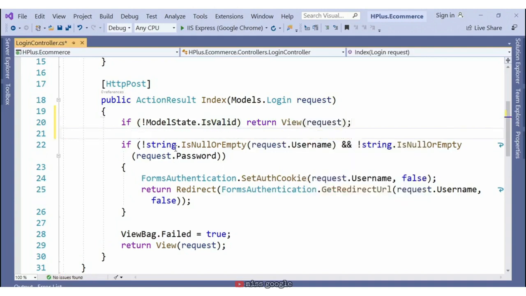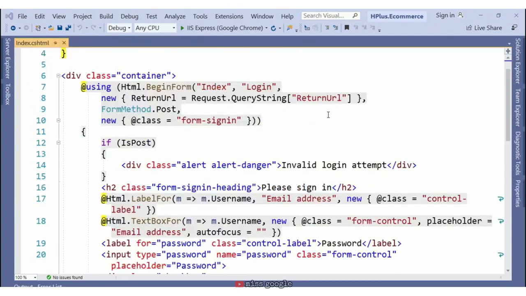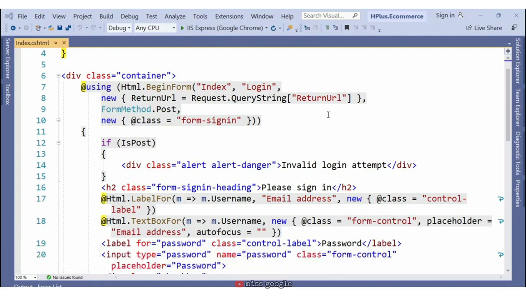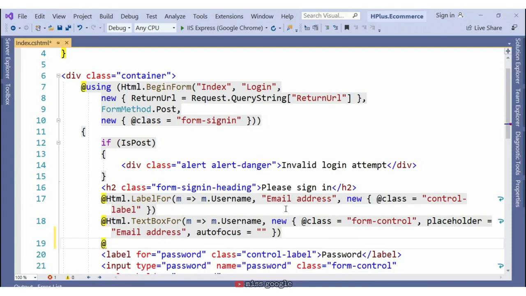Something that happens behind the scenes, though, is that MVC 5 also sends the ModelState property to the view. Now, with just a couple of more changes to the view, we can actually access that ModelState and display any error messages to the user. Back in the view, we can use the HTML helper to create a validation message for each of the fields on this form, username and password. Here in the login view, we'll go right below the text box for HTML helper for the username, and we'll add a new